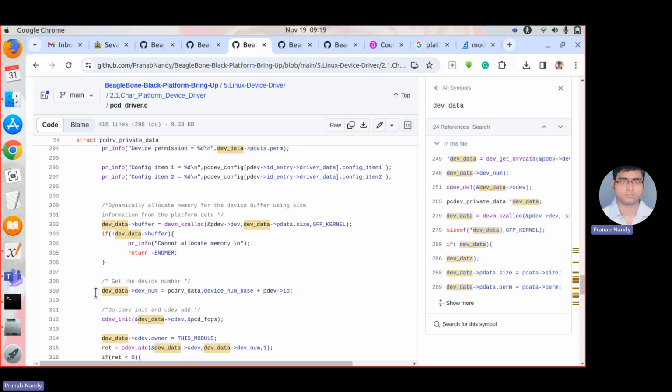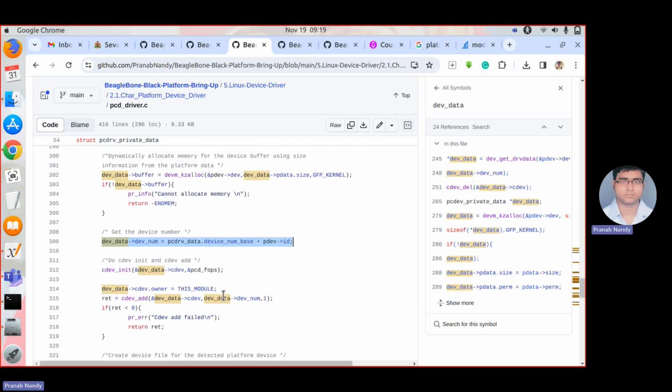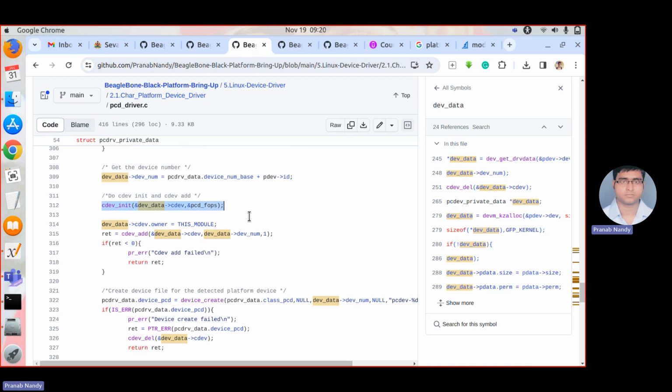And there we are extracting the device number for the device, and then we are doing cdev_init, and finally we are adding the device node. With cdev_init, and then cdev_add with the device number, we are creating the device in the